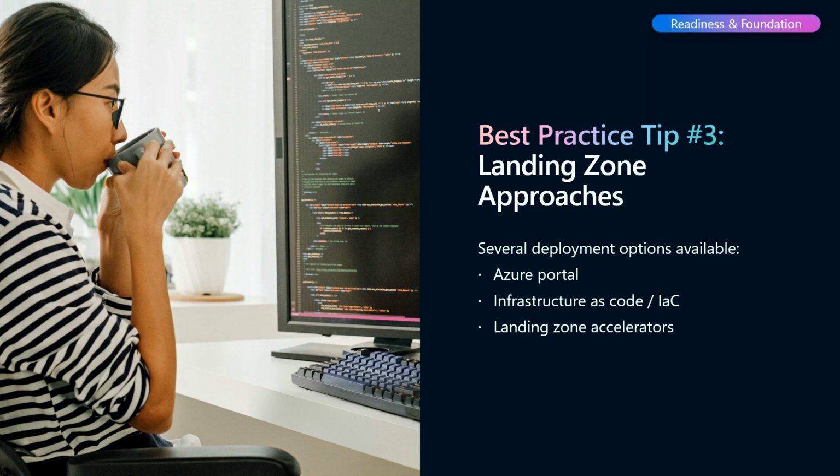By the way, all of these are available, and you can see the full list of all the accelerators, as well as the platform landing zone, in the Azure Architecture Center. It's just on the left-hand side underneath landing zones. It's all there documented for you, and you can pick and choose whichever ones you want to use. The landing zone accelerators are great because they help you get the workload up and running, and it aligns to the platform landing zone.